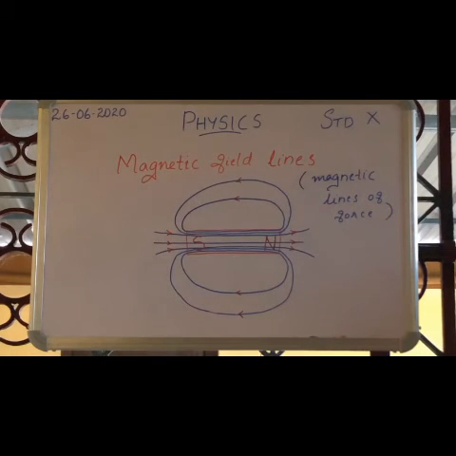Hence, the magnetic field lines are the lines drawn in a magnetic field along which a north magnetic pole would move. These lines can be plotted by using a magnetic compass. A compass needle gets deflected when brought near a bar magnet. Next day, we have to study about the properties of magnetic field lines.